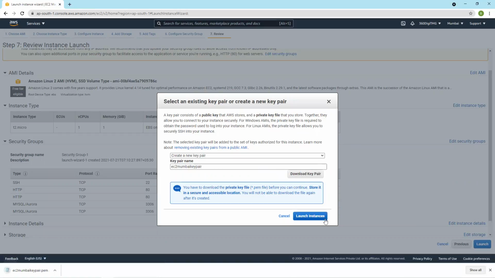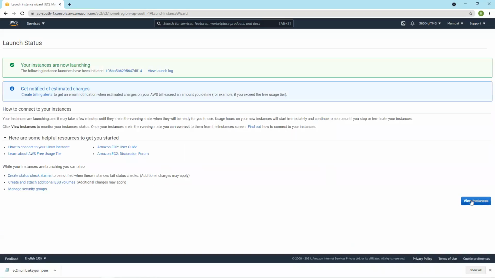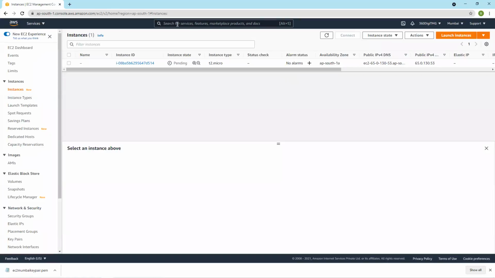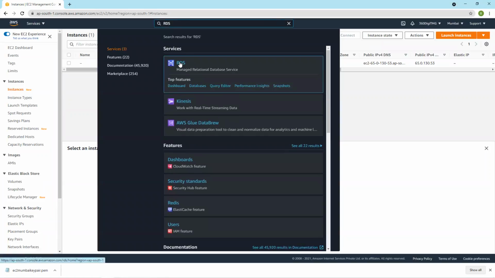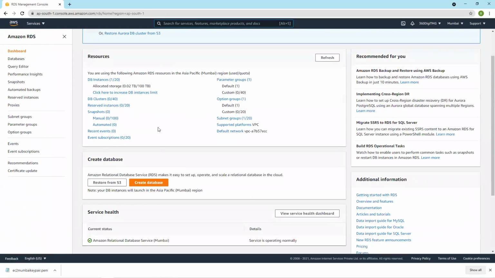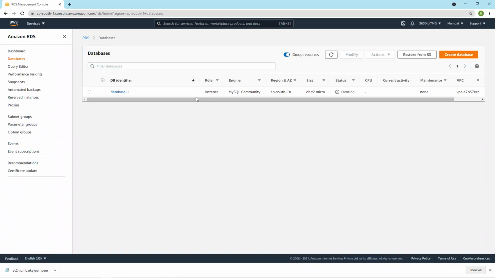Download key pair, launch instance. Okay, meanwhile, we'll go and see RDS. Still getting created, creating, in the process of creating. So we'll come back here.